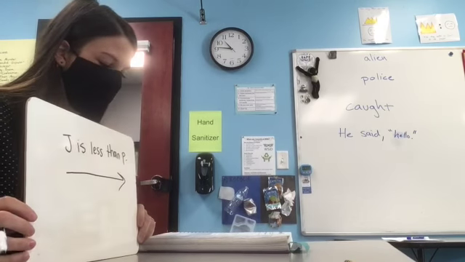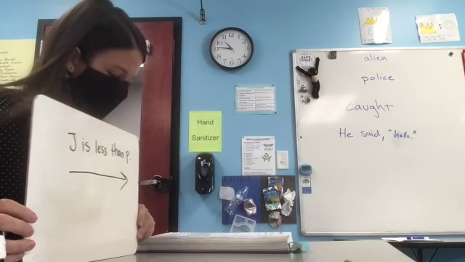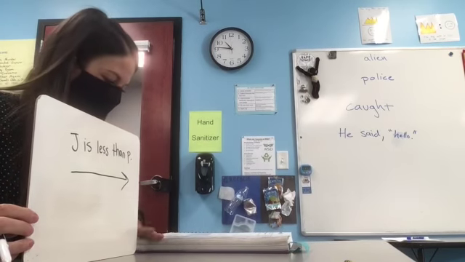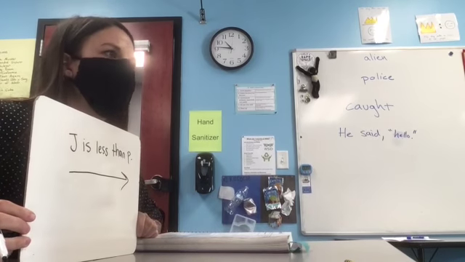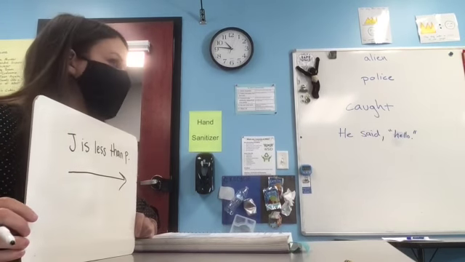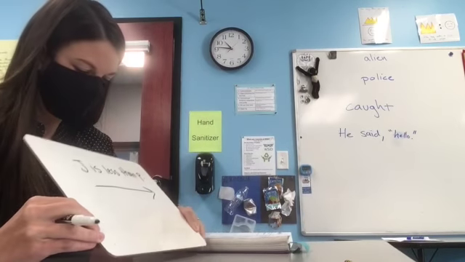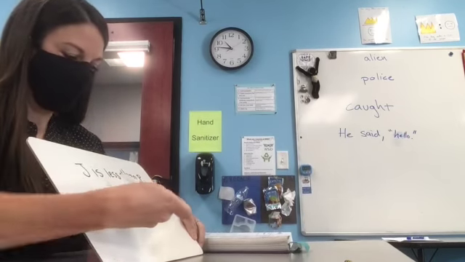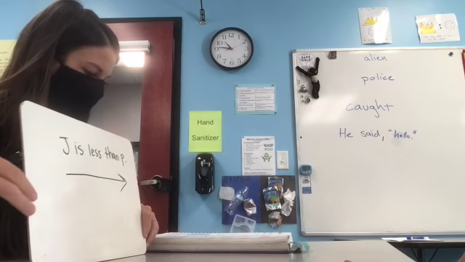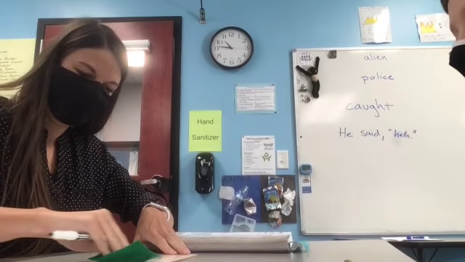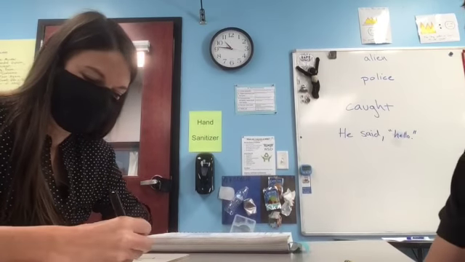We don't know how many J is or how many P is. All we know is that J is less than P. Which letter is less, J or P? J. How much less? We don't know. We don't know what they are, but how much less is it? It's less than P. Exactly. So, now, if I change it to this,